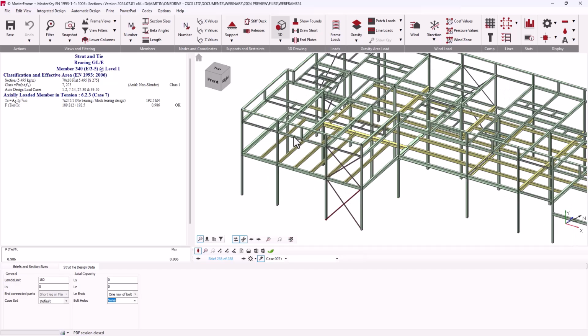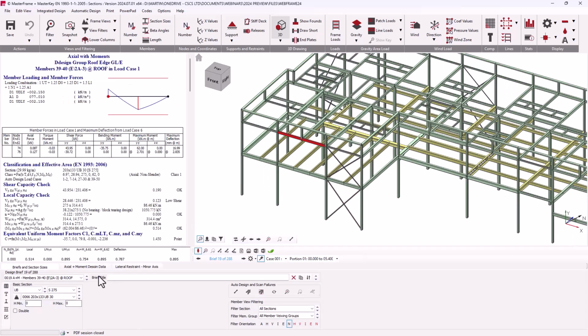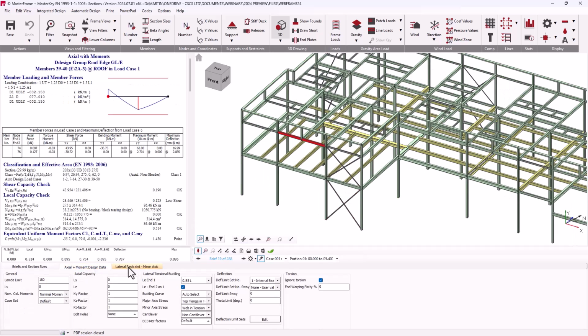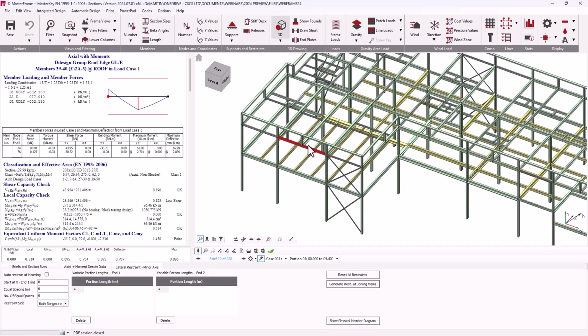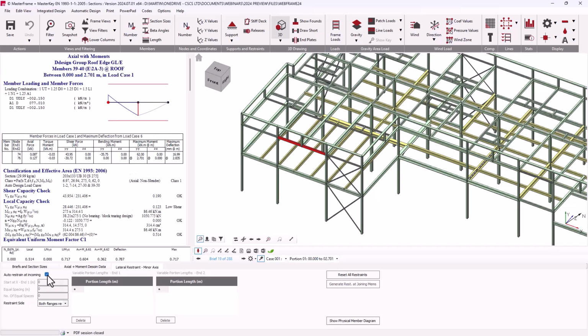So you can see those are the three main, I suppose, types of design checks. What we now want to look at is our lateral restraint tab. And so having a look at this member that does have a little bit of hogging and sagging intentionally. And we can see here, obviously in this member where we've got an incoming beam halfway, we can do what